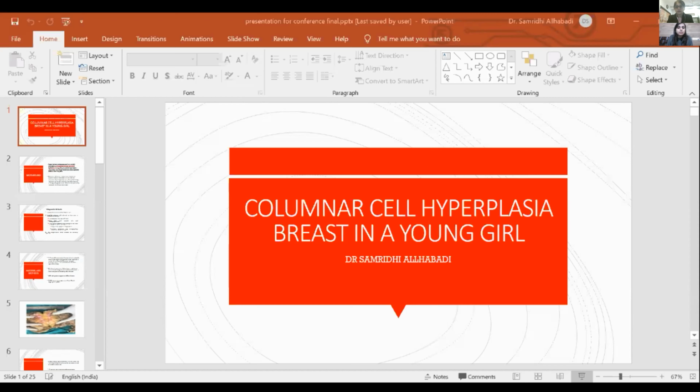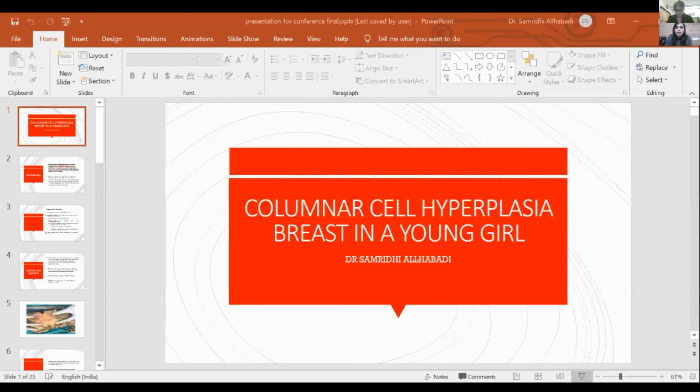For columnar cell change, there should be lining greater than 2 cells thick. It can form small mounds, tufts, and micropapillations. Architectural complexity must fall short of that seen in low-grade carcinoma, so it should be distinguishable from low-grade ductal carcinoma according to the architectural complexity. There should be no partial or complete filling of the ducts. Arcades, microacini, and micropapillary formations are absent or very rare. But to date, no diagnostically useful markers have been reported.